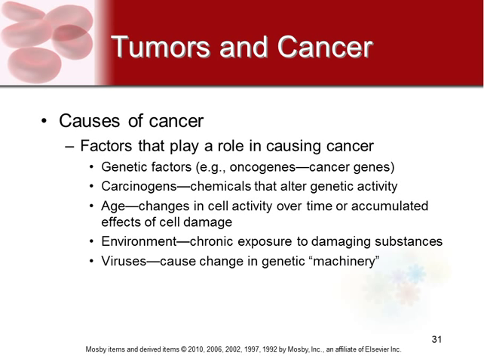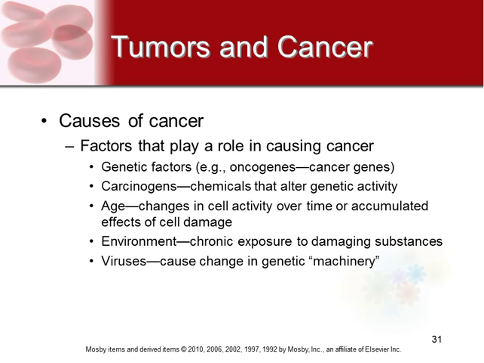And then another thing are carcinogens. Carcinogens are chemicals that exist in our environment. Normally, they're not naturally forming chemicals, but something man-created, that alter the genetic activity of somebody. So it alters their genes so that now their cells aren't producing correctly. Age. Remember how we talked about homeostasis and how your ability to maintain it decreases when you age. So your ability to make sure that all of your cells stay in line and grow correctly and at the right speed decreases over age as well.